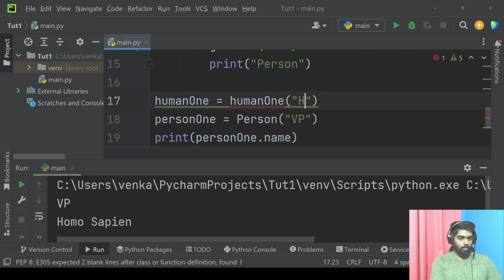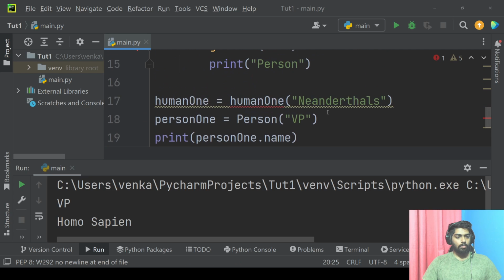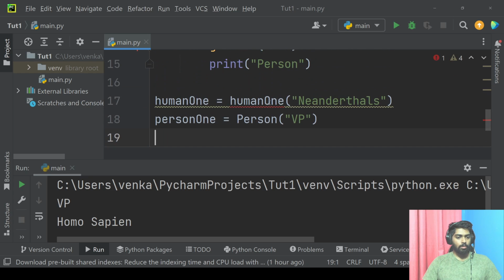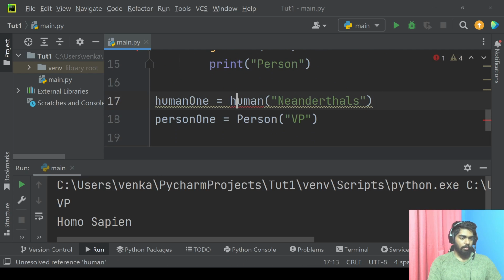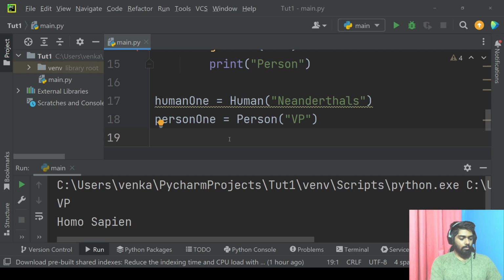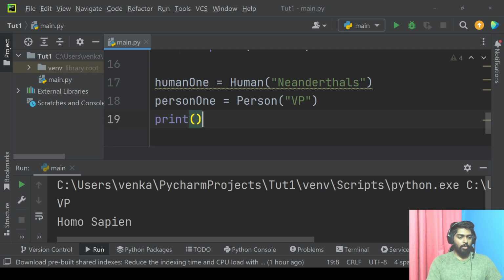Let's call it Neanderthals. So here, what we can do, sorry, this should be human. We can print out human1.getName,